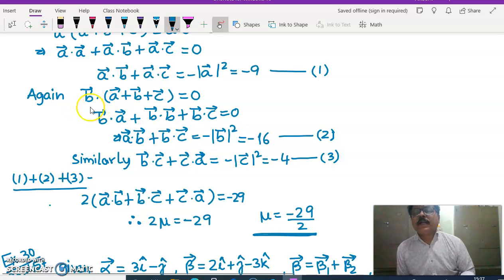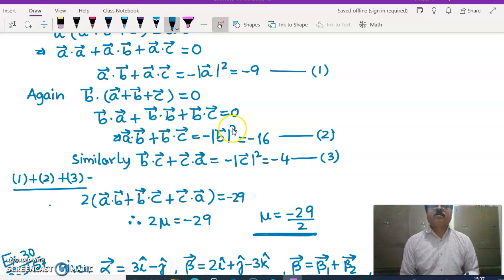Again, if we do dot product of A plus B plus C with B, we get B dot A plus B dot B plus B dot C as 0. B dot A is also equal to A dot B. We already know about this. So A dot B plus B dot C is minus magnitude of B का square. So 4 का square होता है 16. So equation 2 will be minus 16. Similarly, B dot C plus C dot A is minus magnitude of C का square, which is 2 का square